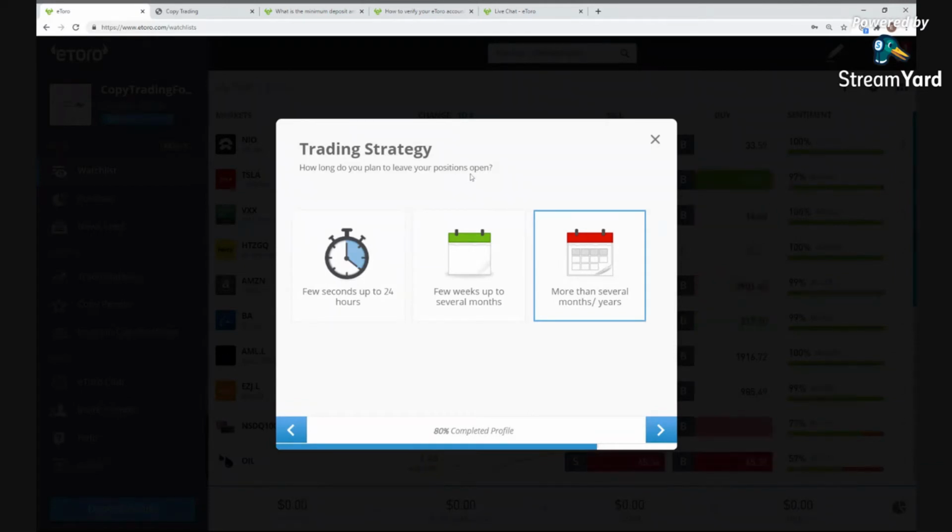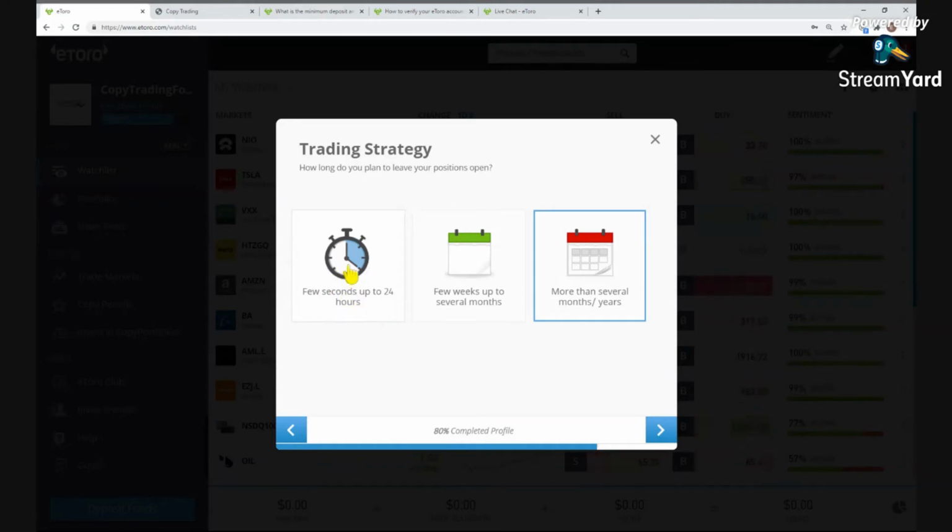How long do you plan to leave your positions open? So in this one, it's going to be long term. So I'm going to put more than several months to years. So this is going to be my long term portfolio. You can do few seconds to up to 24 hours, which is day trading,